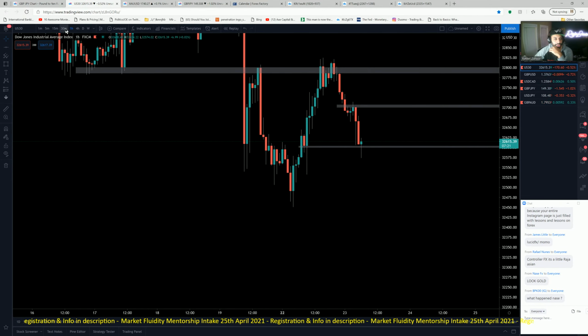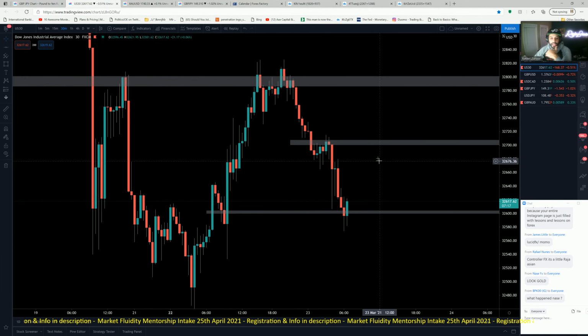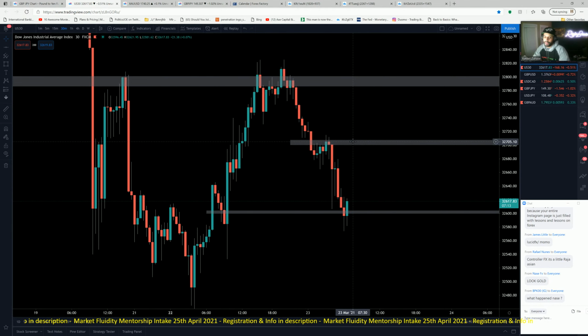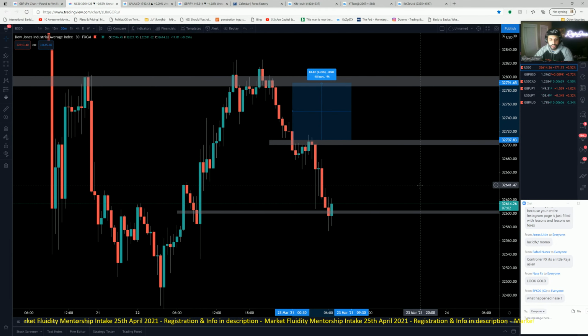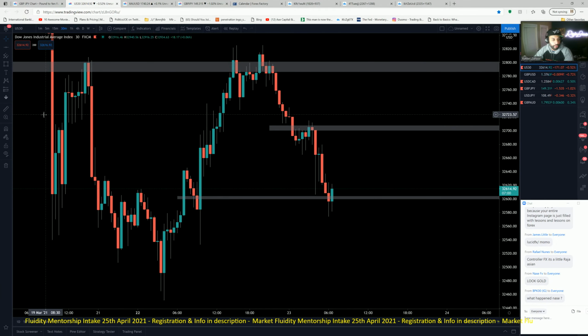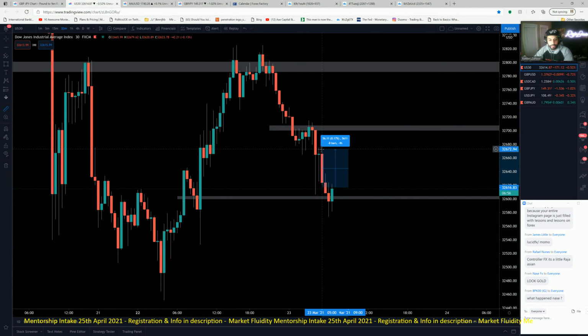So looking at US 30 back again now, looking at the 30-minute time frame. I think an easier buy on US 30 is going to be above 32,700. That's going to be a much easier buy, because if price breaks above this area, you have clean moves coming down. It's like an 80-point range over here too, right? But if you start moving above from this point, once we continue moving up, we only have like a 50-point move till this resistance on a 30-minute time frame,